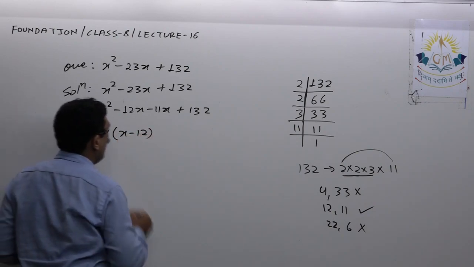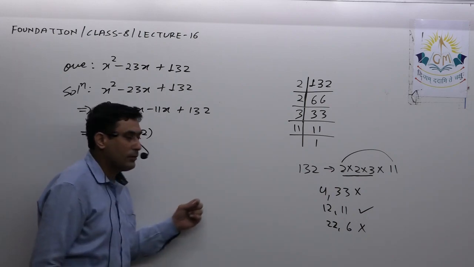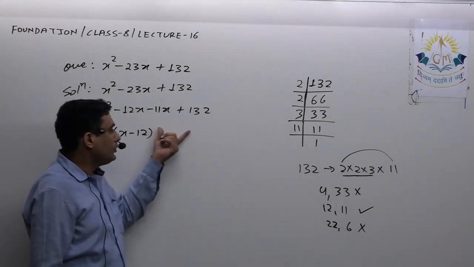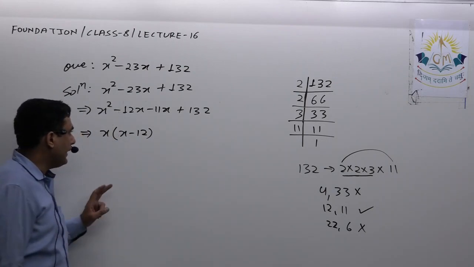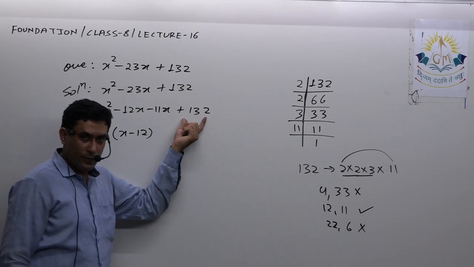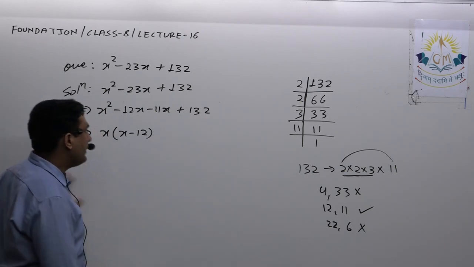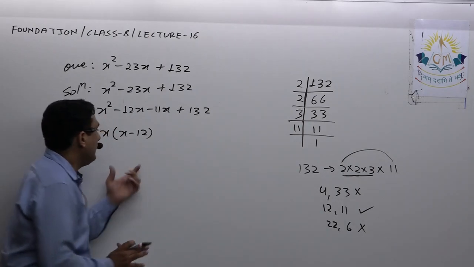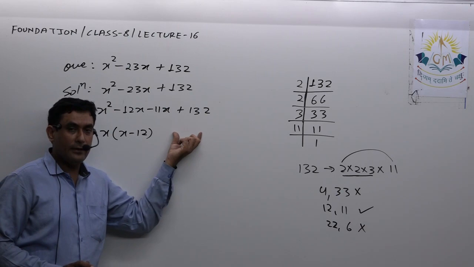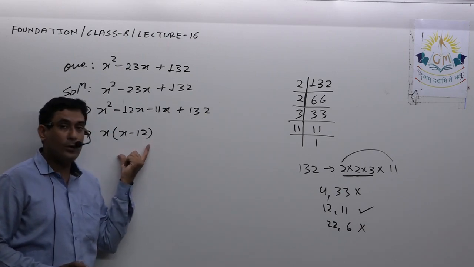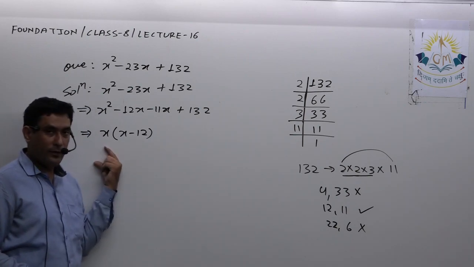minus 12. Now sometimes it is a little bit difficult or time consuming to decide what we should take common from the next two. In that case, you must know the factors of this, then you can find what is common. This is one way. Another way: see, here common is x minus 12. Whatever common we get in the next bracket must be equal to this, isn't it? Then and only then is it possible to factorize further.